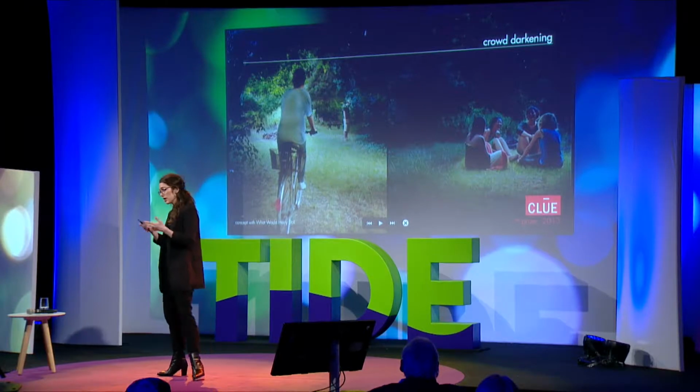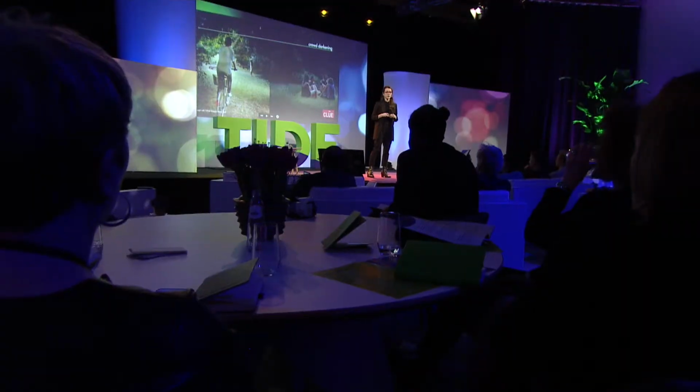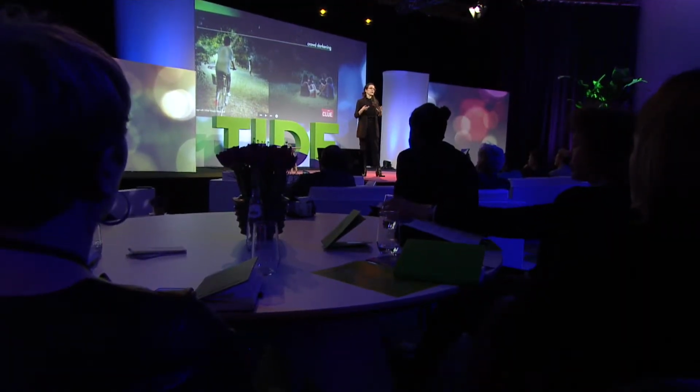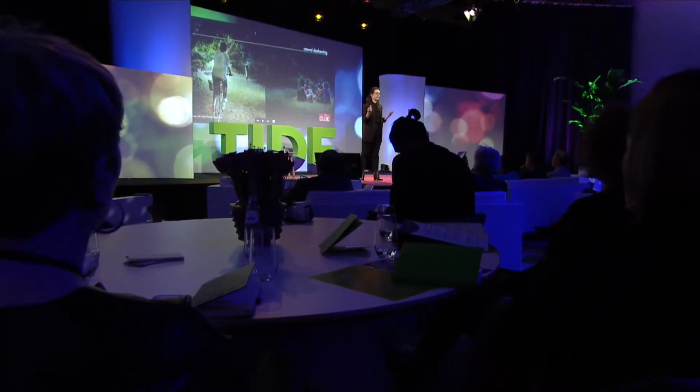Here, our user that we defined for the project is Lisa. Lisa lives close to a park in Berlin. The quickest way to her home would be crossing this park. However, it just doesn't feel safe enough. It is dark. You would rather go around and take the long way instead of maybe bumping into somebody that rather